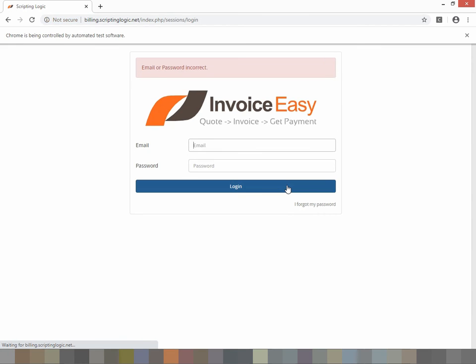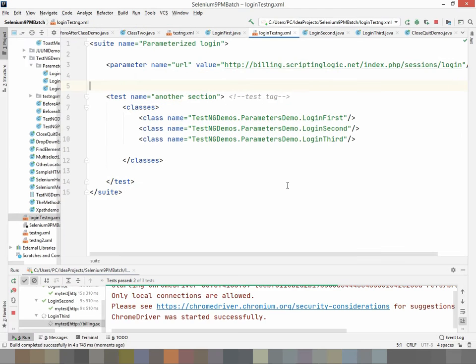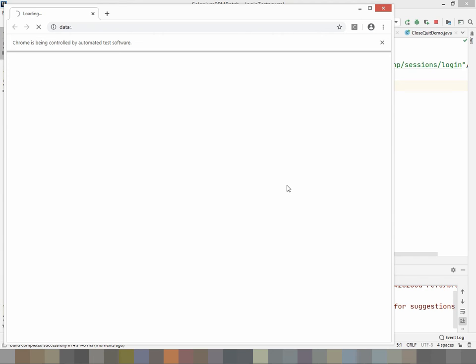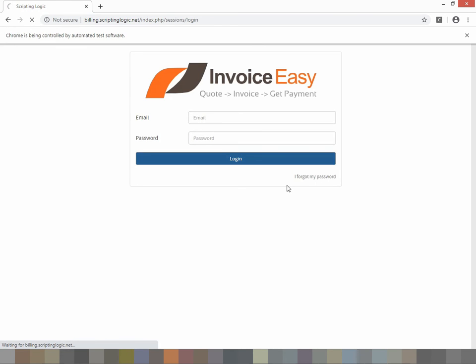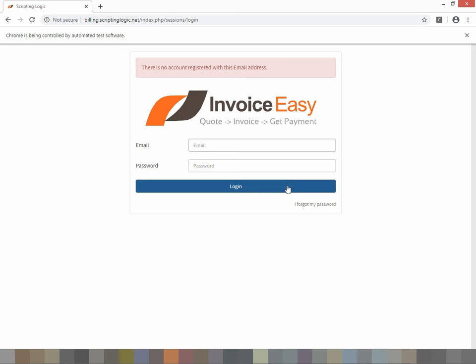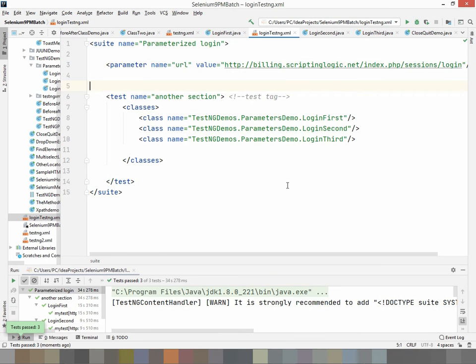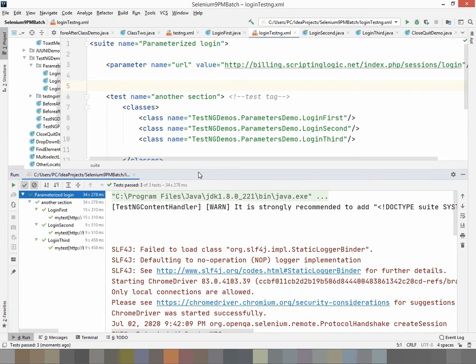The operations are the same. I have not changed driver.findElement and other things. The environment is changed, that is, the URL is changed. The operations are the same. You can see how easily I can change the URL from the outside. Again, all the execution is the same.